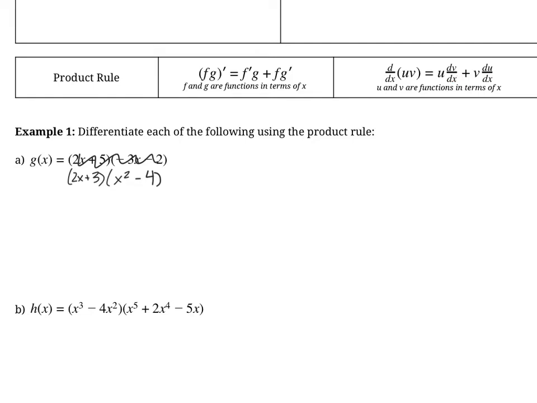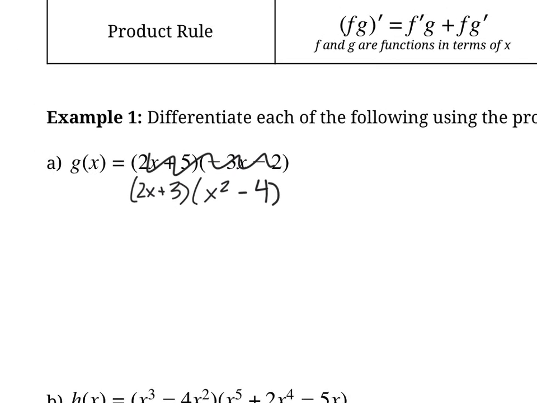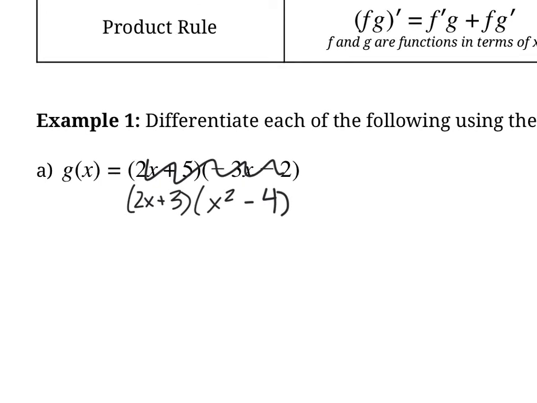So let's show how that works with an example. Notice how I changed example 1 to the same as the example from above. I did that just so that we can check our work, because we already calculated the derivative. So we'll use this as our g of x for this equation. And our pattern, if we look in the top right corner, says we need to do f prime g plus f g prime. So if we call this first part f, and we call this second part g, really what we're doing to find g prime of x is we've got to find f prime g plus